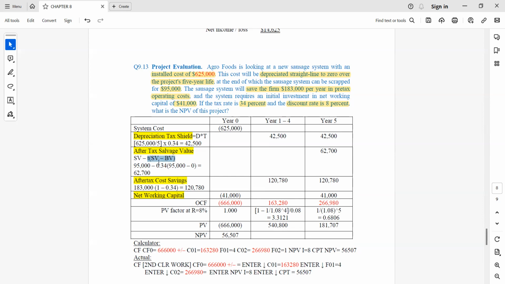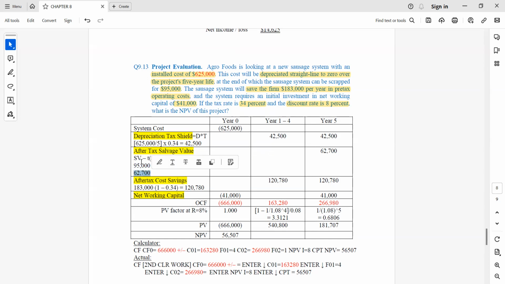We know that when we scrap off is 95,000, that's a salvage value. And minus 34%. And then salvage value is 95,000. But what about book value? Because remember I say that this asset over here is depreciated straight line to 0. So it's 0. Okay, so at the end, you get this